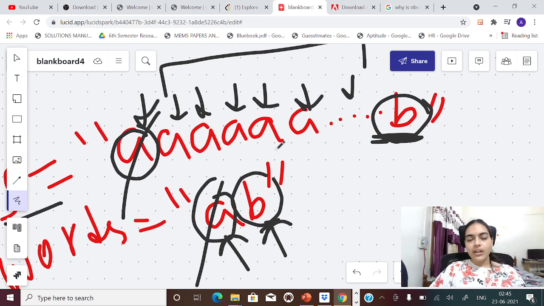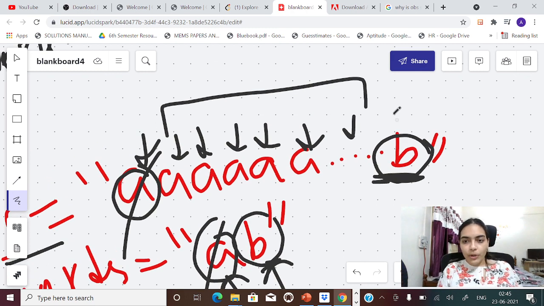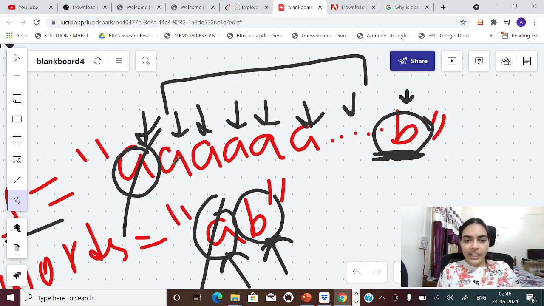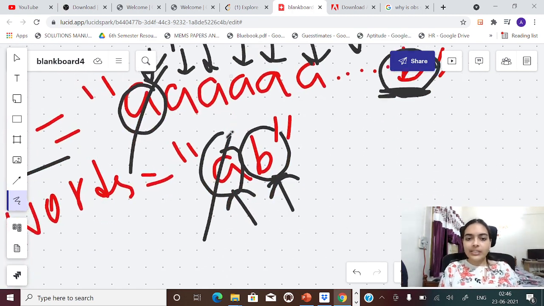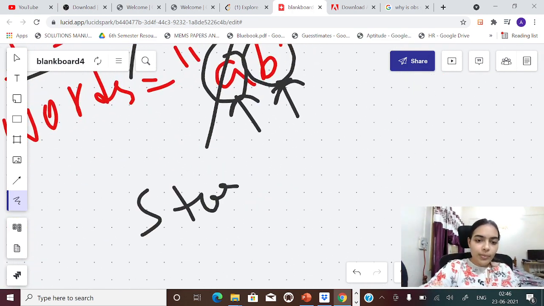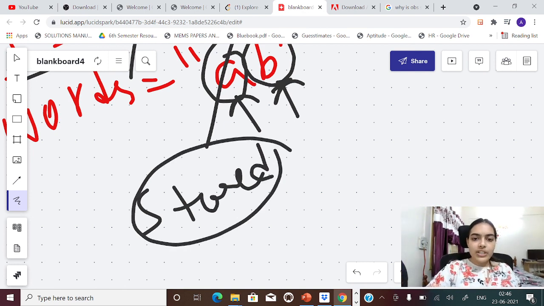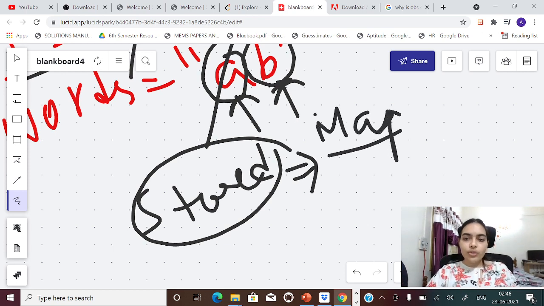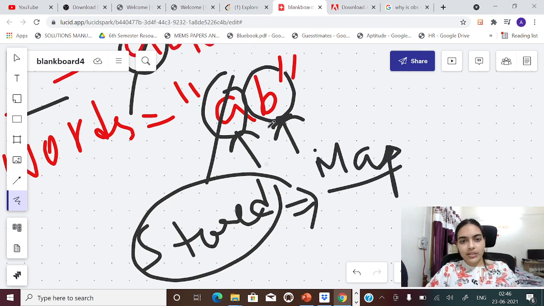How can we solve this? So think of this logic. You wasted a lot of time finding the position of B, but you had no other option because you didn't store the position of B. If you had stored the position of B, you need not waste time iterating for the position of B, right? So that is a simple intuition or logic. If you had stored the positions, how can you store them? So you can store the occurrences in some data structure. So we can use a map for this, so that we can store the occurrences one by one in this particular data structure.